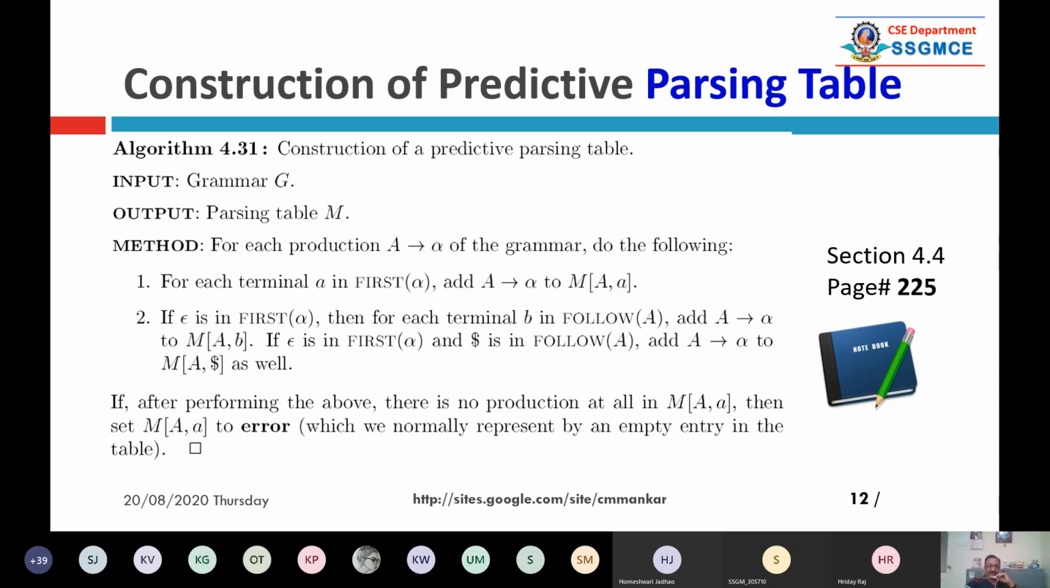And then the output is a parsing table. So what do we have to do? We have to start with each production rule, which is like A → alpha. And depending on the steps, meaning the logic, step 1 and step 2, we have to map that production rule with respect to the first element, the first terminal, the first set in the parsing